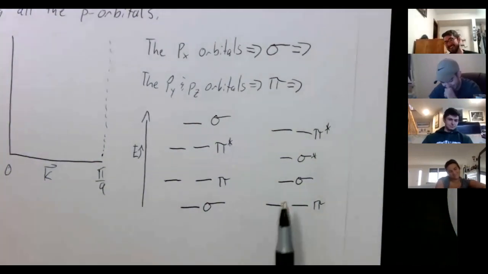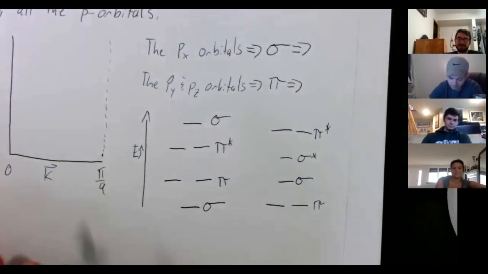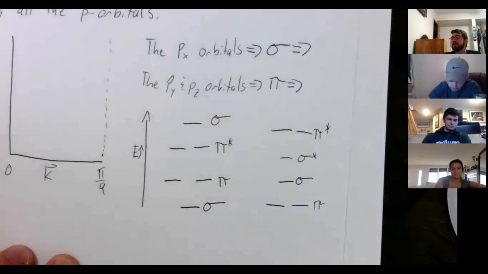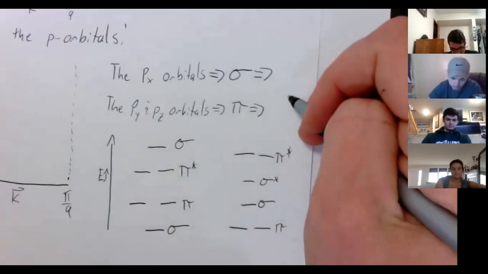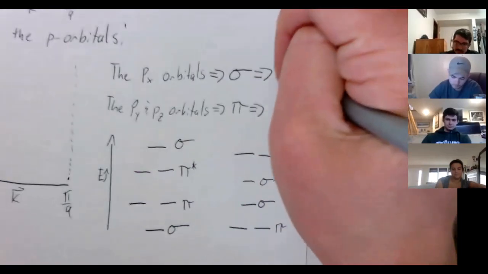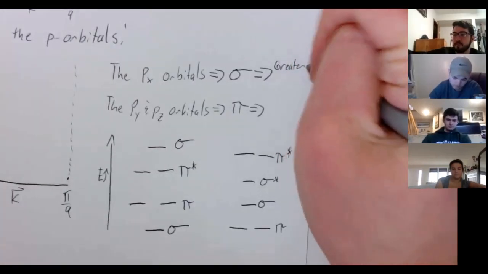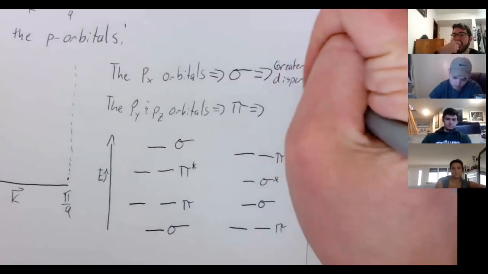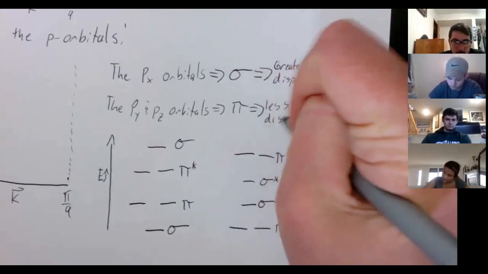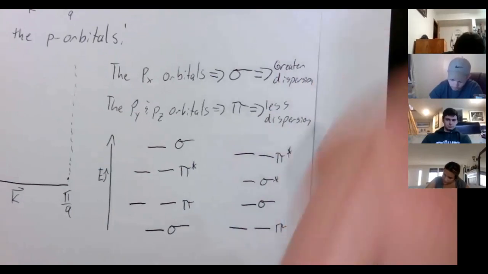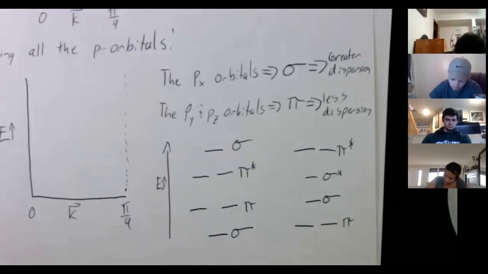Unless we have really strong mixing, right? Okay. So, Tara, you said which one's going to have a greater amount of dispersion? Sigma, so pi x. Greater dispersion. Pi is less dispersion. Okay. So now,